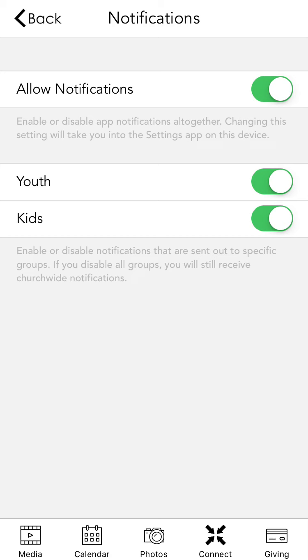But from here, you can give the app access to push notifications in general, which is the allow notification option. And you can see below that you have youth and kids. So these are your ability to opt in for notifications about specific things. So Christ Community Church can send a push notification out to everyone, regardless of if you ask for youth or kids notifications. But Christ Community Church can also send notifications out just to people who want notifications about youth and